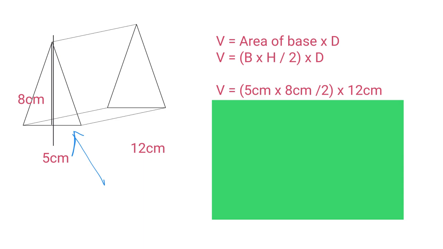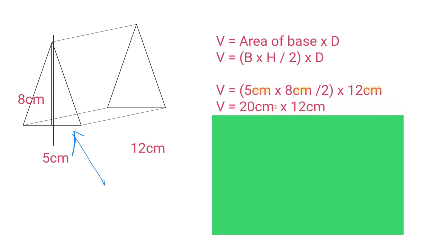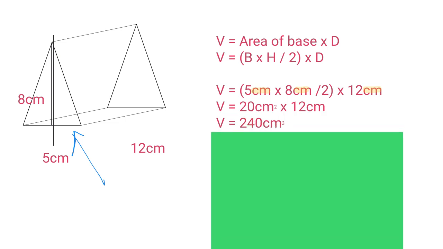And once again, I just want to point out so we can start to get it stuck in our minds that we're looking at centimeter, centimeter, centimeter. So we know that our answer is going to be in centimeters cubed. Okay, so there I found the area of the triangular face, and notice I put centimeters squared because I found the area. That first part there is the area of the base, so my answer is immediately in centimeters squared, and then I multiply it one more time times 12, which is that depth, and I get 240